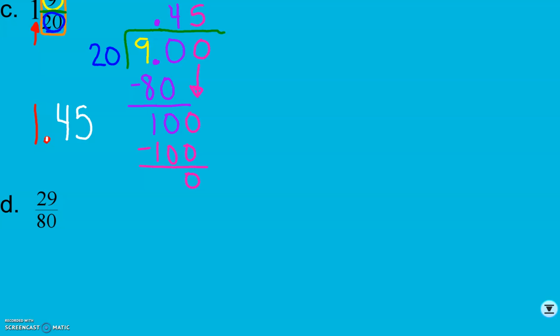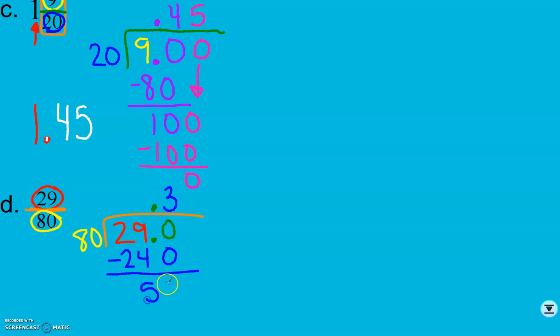And for D, I'm going to take 29 divided by 80. 80 does not go into 29. So I'm going to add a decimal, bring it up, and a 0. So 80 into 290 then, you can think about it in terms of 8 into 29. So here, that's going to be a 3. Multiply it back. 80 times 3 is 240. We subtract, and we get